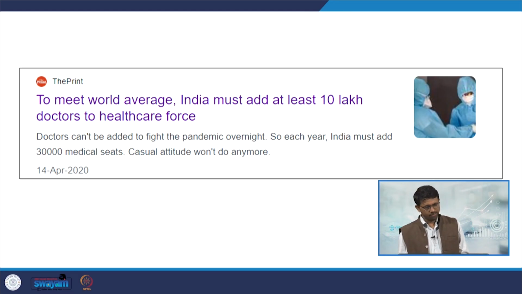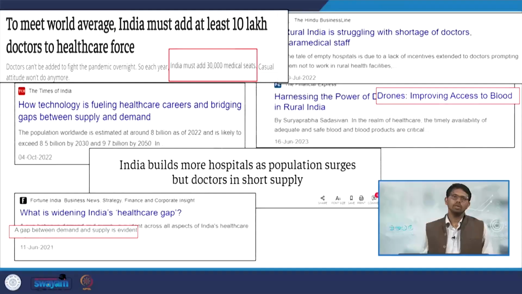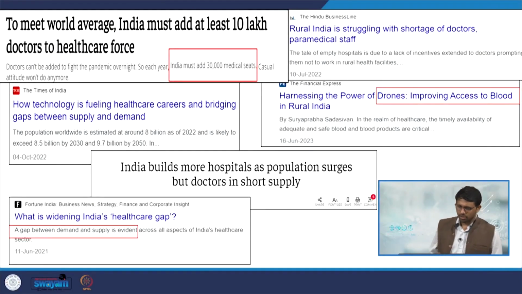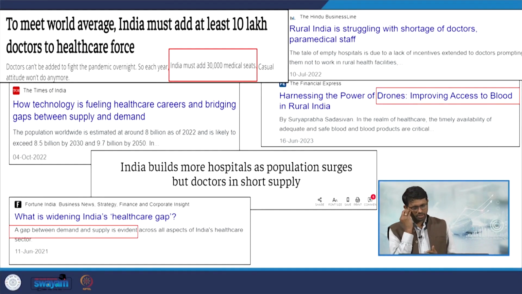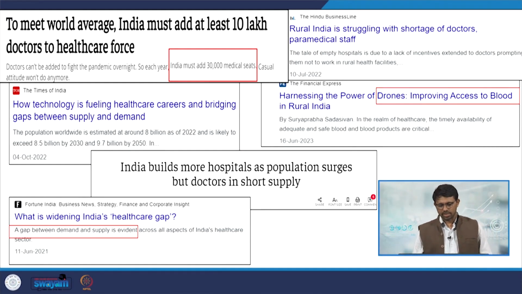So, each year India must add at least 30,000 medical seats, and casual attitude won't do anymore. Some other facts from different papers you can cite, or you can also refer to the Hindu Business Line of 2022 on rural India is struggling with shortage of doctors,